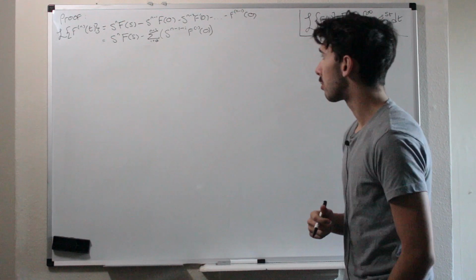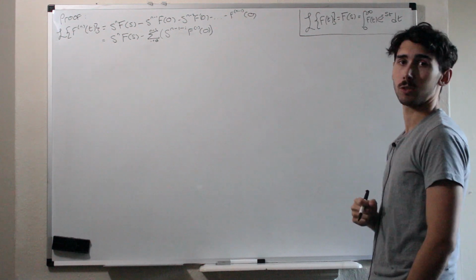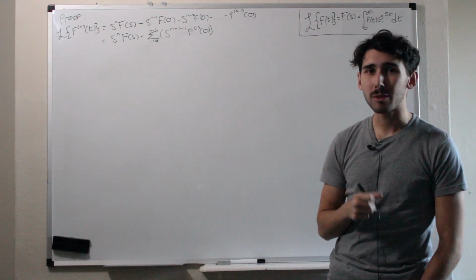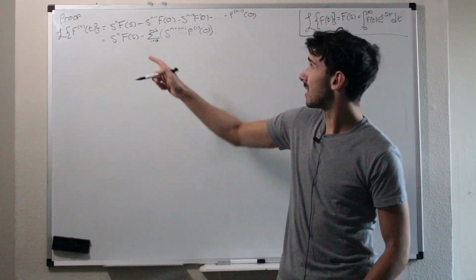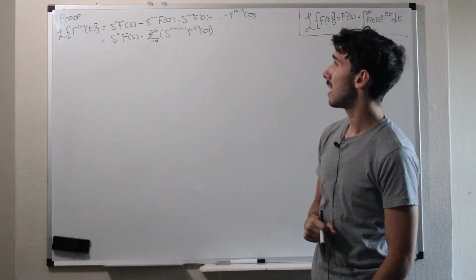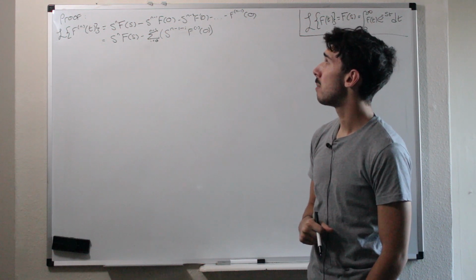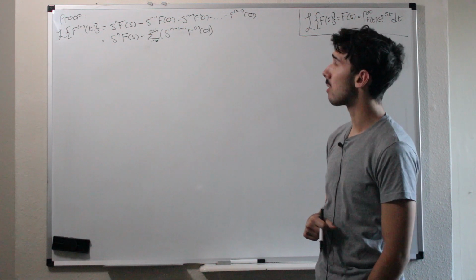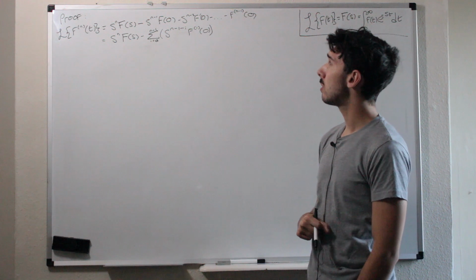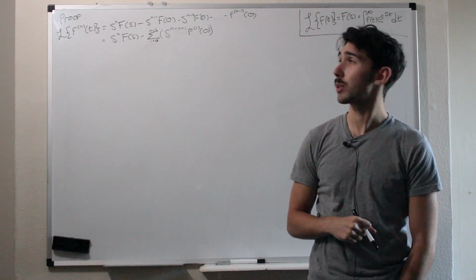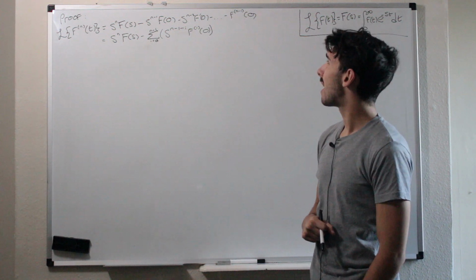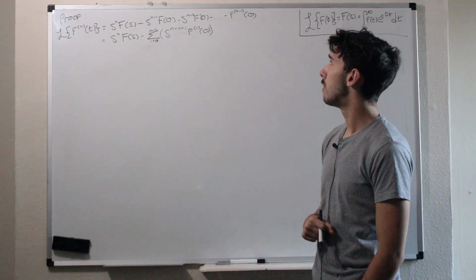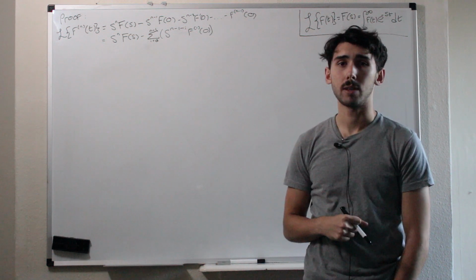In this video we're going to prove a result about Laplace transforms, namely the Laplace transform of the nth derivative of f of t is given by this formula. So it's s to the n times F of s, minus s to the n minus 1 times the function evaluated at 0, minus s to the n minus 2 times the derivative of the function at 0, all the way down until we finally get to minus the n minus 1th derivative of the original function evaluated at 0,